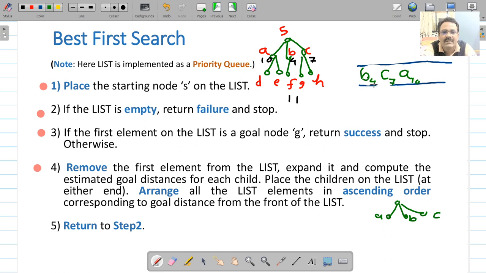So always there will be a node having least cost at the front of the queue if your problem is a minimization problem. Then go to step 2 again.